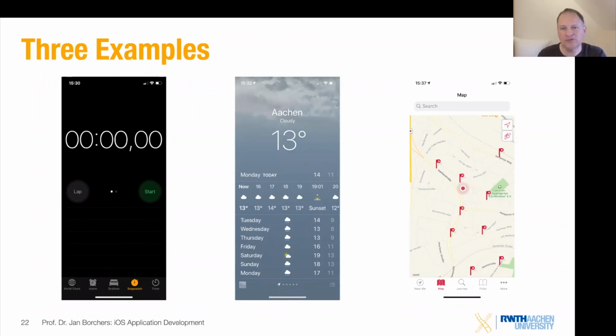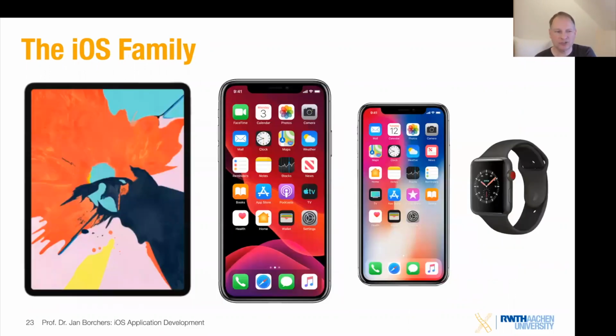Now, when we say we develop for iOS, we actually talk about a whole bunch of devices, right? We got iPhones, iPads, the Apple Watch. The iPhone itself has gone through a whole number of different aspect ratios and screen sizes. And when the iPhone was introduced in 2007, as you all know, it kind of revolutionized the whole phone business, because there were no smartphones before the iPhone came out, at least none that had been